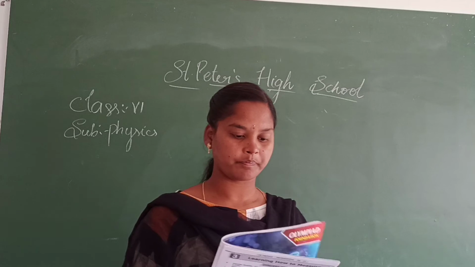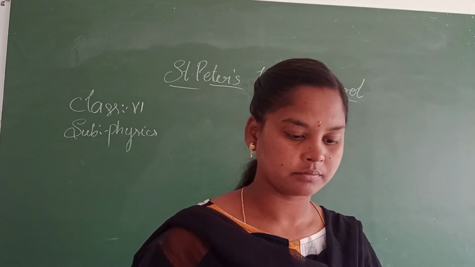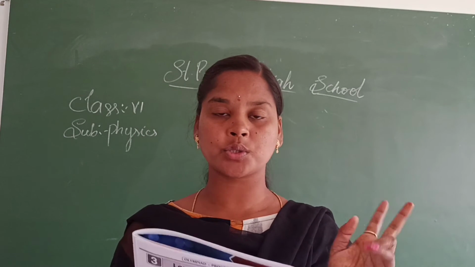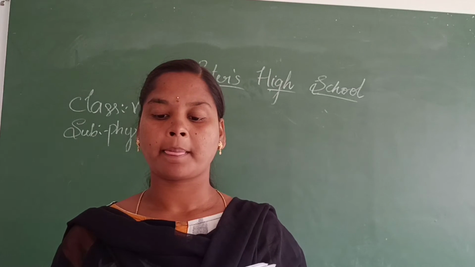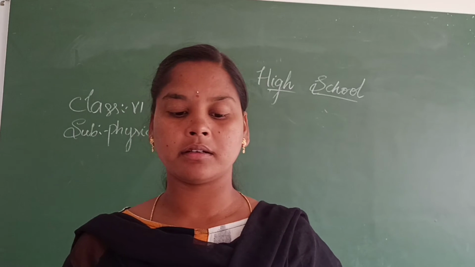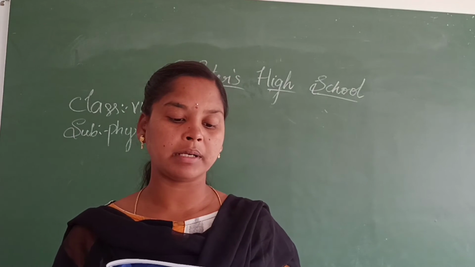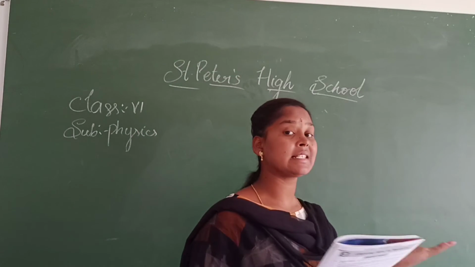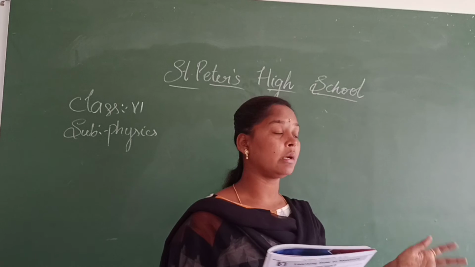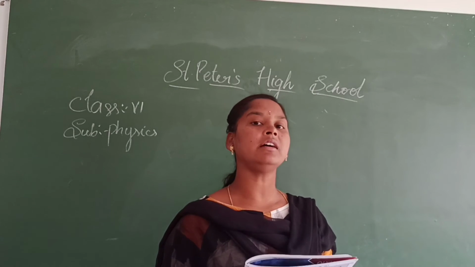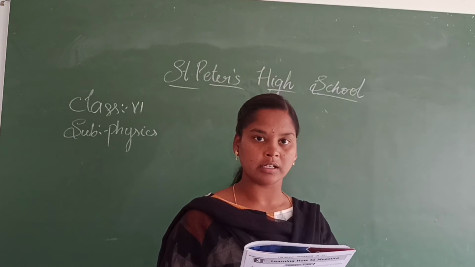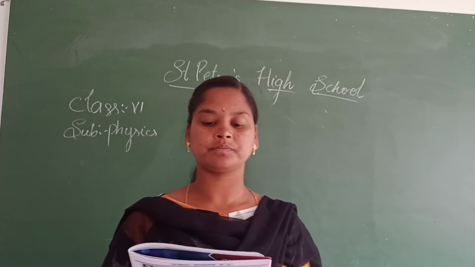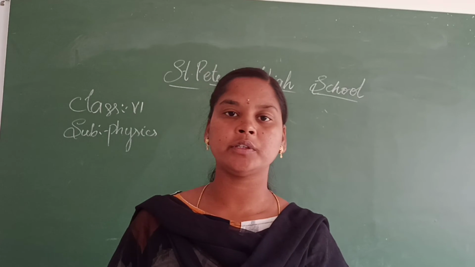Next question. Ravi has connected two bulbs across two cells in a simple circuit. How can he make the bulbs dimmer? Dimmer means what happened? We have discussed series and parallel. In series, the more cells you add, the brighter the bulb glows. Yes or not? If you want to dim the light, what do we have to remove?